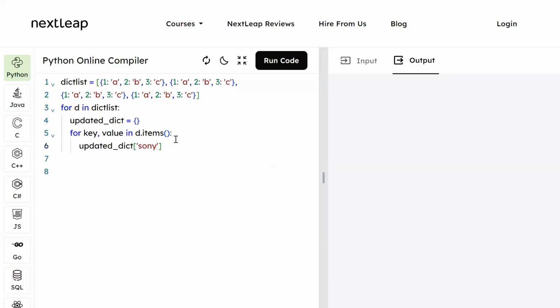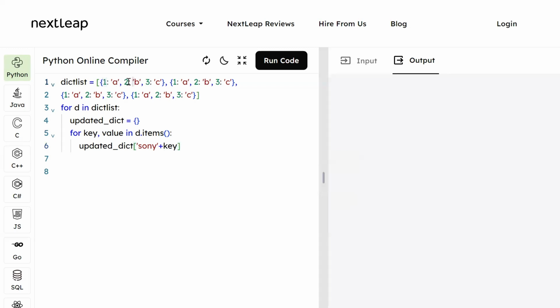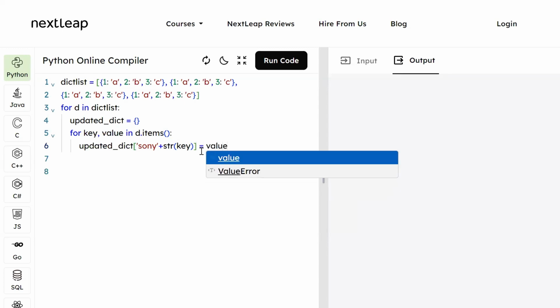If I give only Sony, a duplicate value will not be accepted. So along with that, I will concat the key as well. But you cannot concat an integer value. 1, 2, 3 are integer values, so we cannot concat integer values. So we'll convert it to a string and concat it. This will be updated and we'll get the respective value for that. So once each and every key is updated with the respective Sony 1, Sony 2, Sony 3 and all,